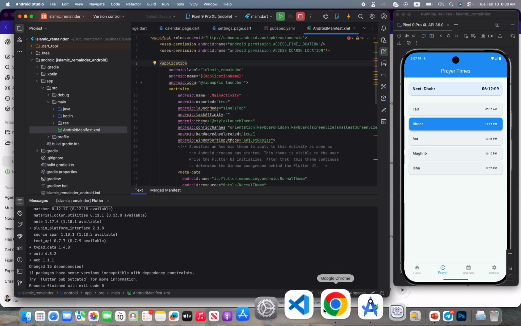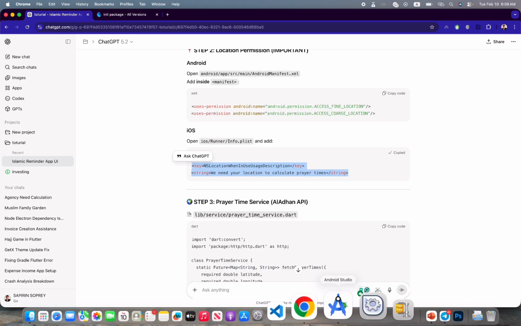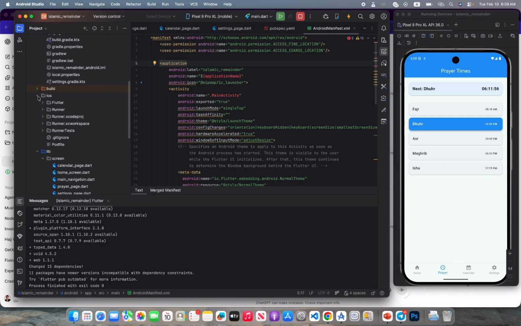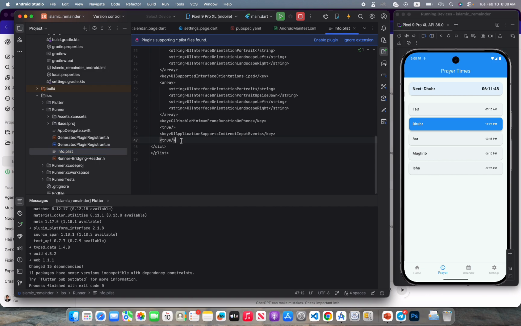All right. Then next is also in the iOS. We also need this key to calculate the prayer time. This is the permission. All right. So let's go to the iOS Runner and then Info here. So I'm going to move down and put it here. All right. So since we already have this,